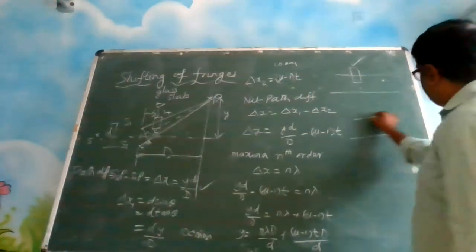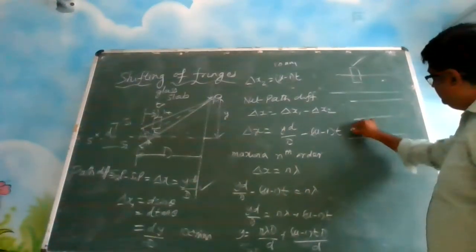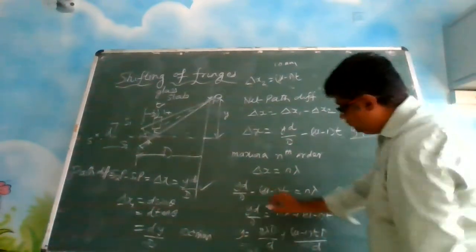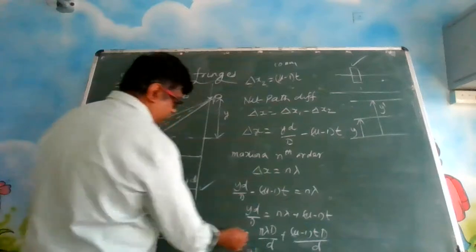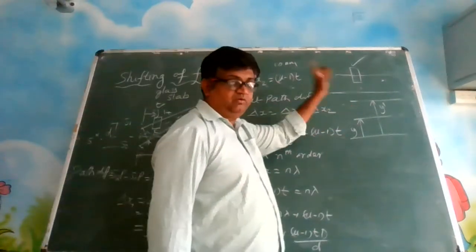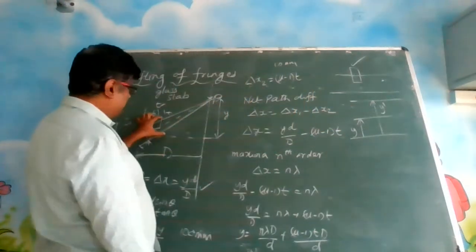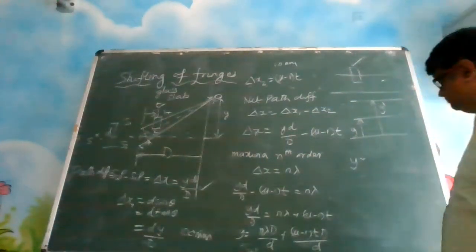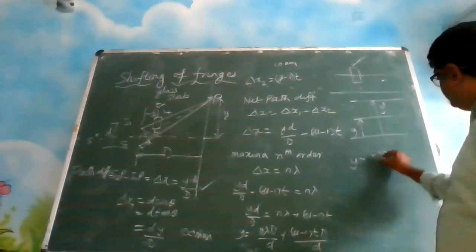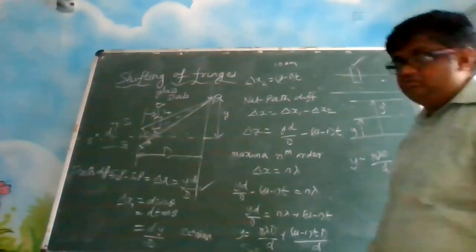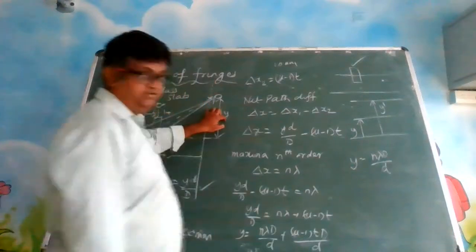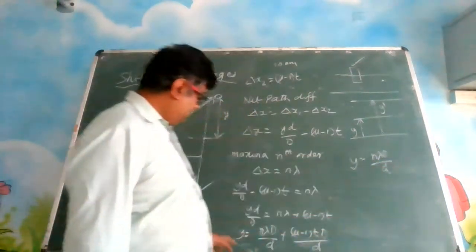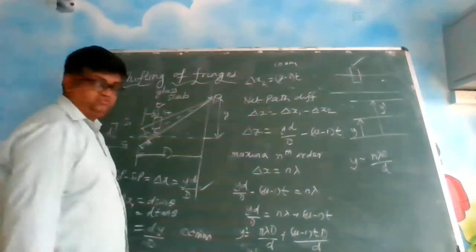Okay, I had written this here. This is y, this is y dash. So what will the shift be? We have found y dash, this we will call y dash. Let us see this, because we are calling this y in the original case. If this was not there, what was the expression for y? The y expression was n lambda D by small d. Look at the notes. This we have discussed earlier, how to find this y. If the glass slab was not there, y would have been this much. But because of the glass slab, now y dash is this much.